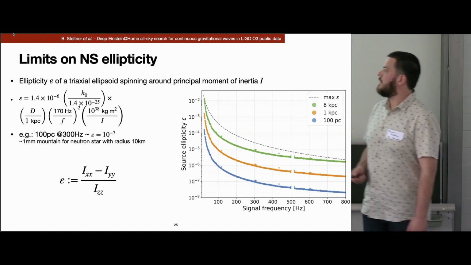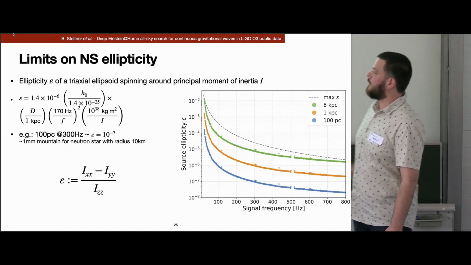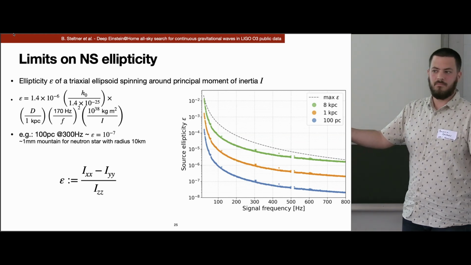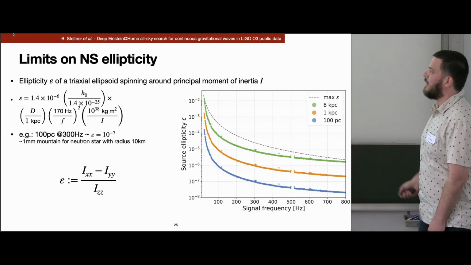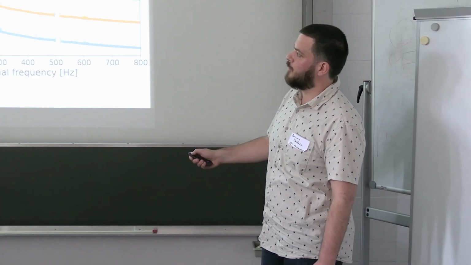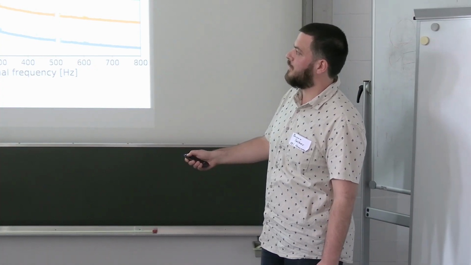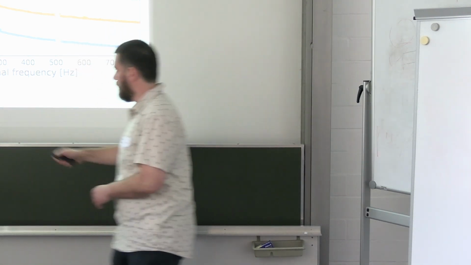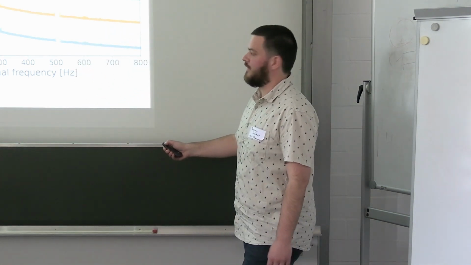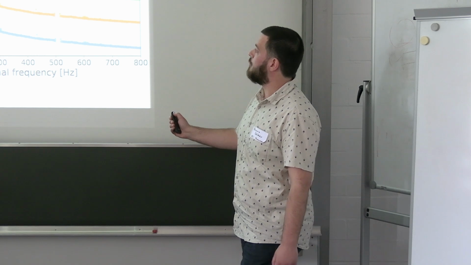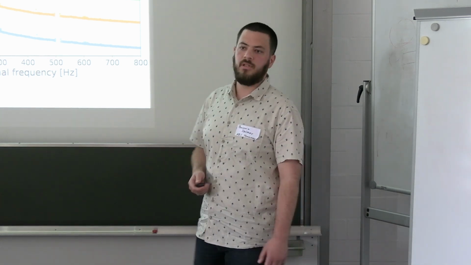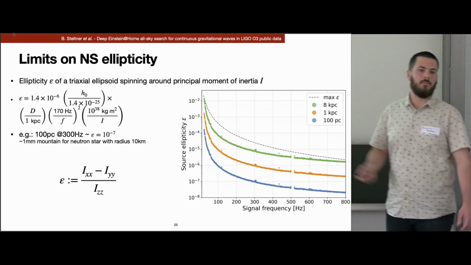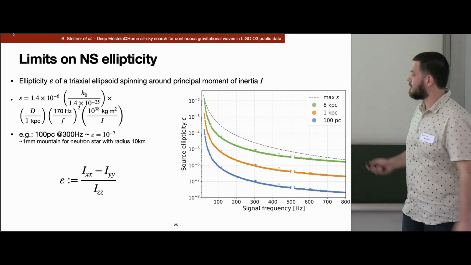He did a population synthesis study of where we would expect neutron stars in our band to be now. And with the upper limits on the gravitational wave amplitudes, we can set upper limits on the neutron star ellipticity. Here, the ellipticity is a bit more scary. Since I don't have any pulsars which I know of, I just pick some fiducial moment of inertia, some distance, and the frequency. And then with the upper limit, you can say, oh, okay, at 300 Hertz gravitational wave frequency, at 100 parsec or so, we can exclude neutron star ellipticities at the 10 to the minus 7 level, which is this millimeter mountain, which I always find mind-boggling.